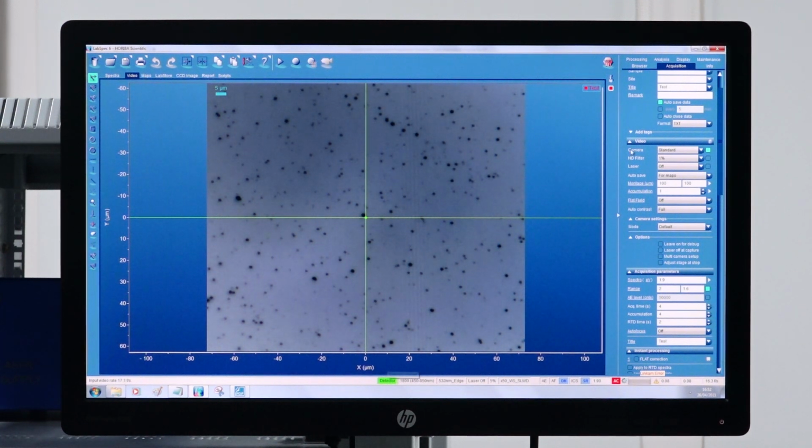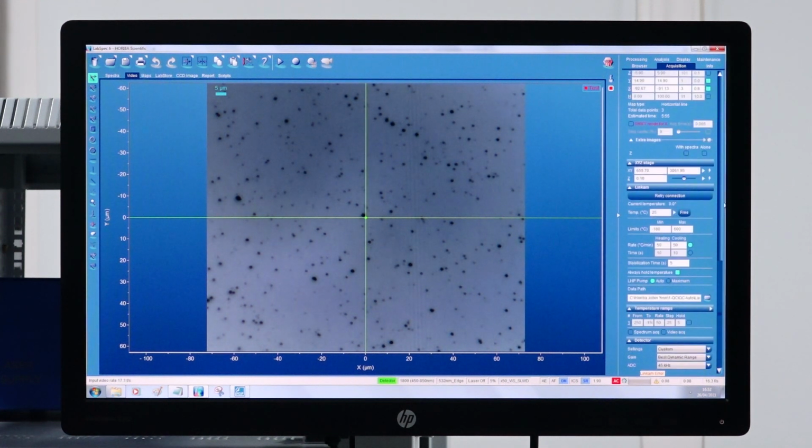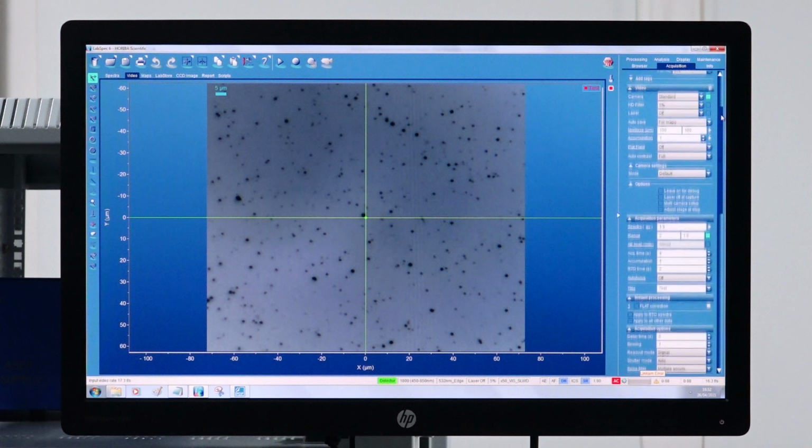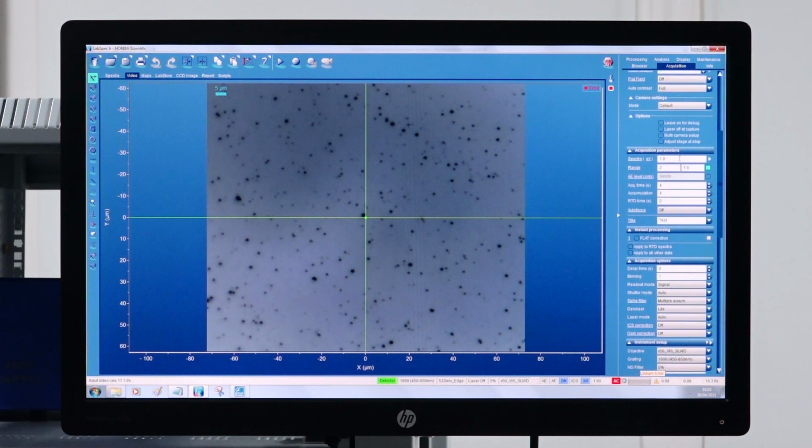Now, I will set the parameters further. In the acquisition tab, go to acquisition parameters. The sample that is chosen here is a silicon sample. In the spectro, I will switch to centimeter inverse for taking the Raman signal. Here I will set the parameter that is the known central peak for the silicon, so that the grating will adjust according to this central peak. For silicon, the peak will be at 520.7.